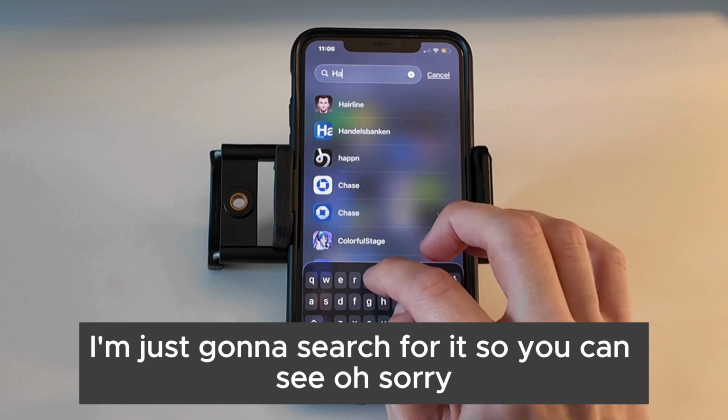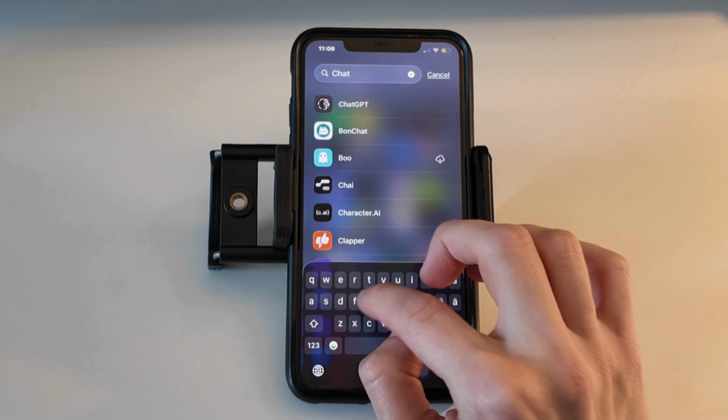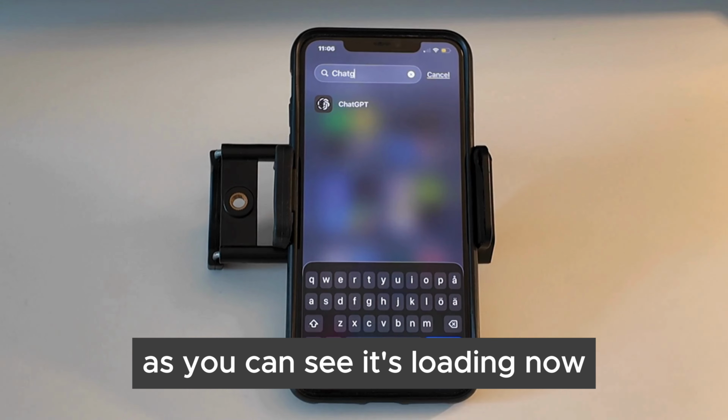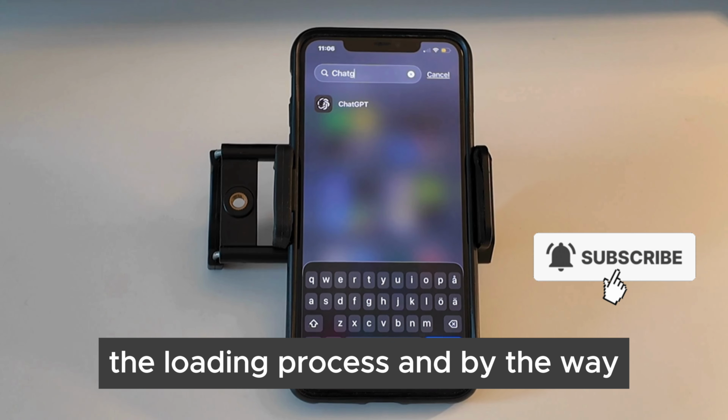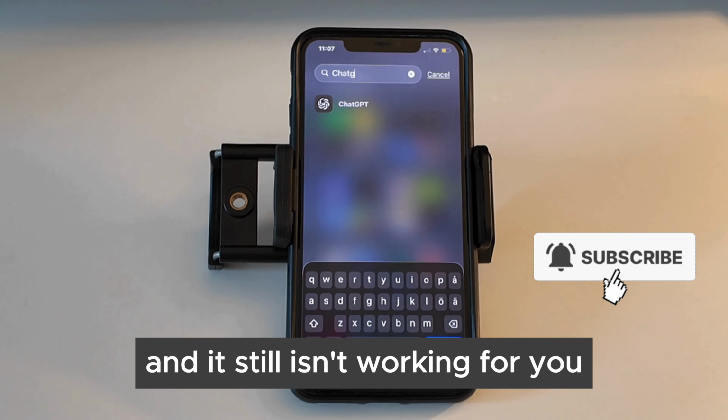I'm just going to search for it so you can see. Yep, here it is. As you can see, it's loading now, so we're just gonna wait for it to finish the loading process. And by the way, even if it's actually done here and it still isn't working for you,